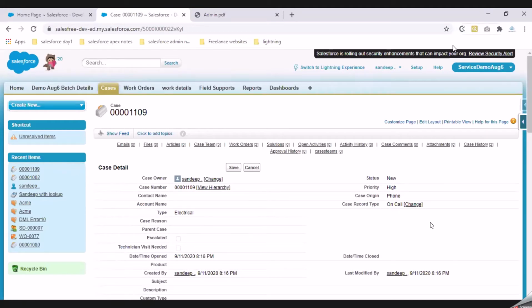Now I would pause here to understand how many people have tried this option, and help me understand how many workflow rules we need to get this requirement done. So how many people have tried this option?